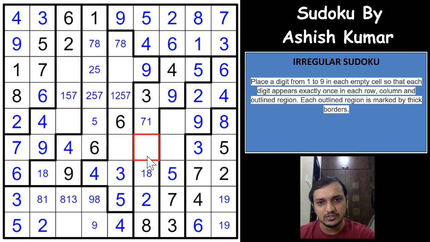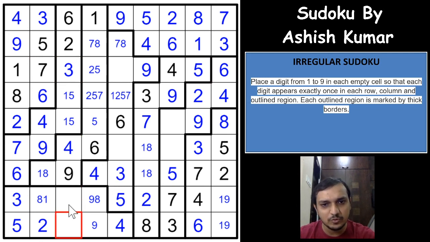That 7 eliminates 7 from here, and 1, 8 pair is locked here. That gives you a 7 here. And so 7 is already marked here, that eliminates 7 from here. And the 3 digits are 1, 5 and 3. 5 and 1 is here, so that gives you a 3 here, and this has to be 1 and 5, which means these two cells will have to be 8 and 7, right? And you already have a 7 here, that gives you an 8 here.